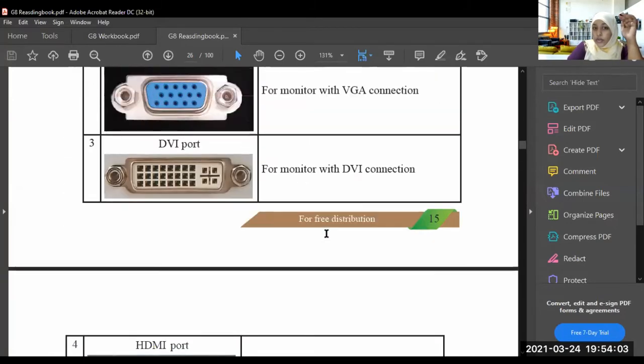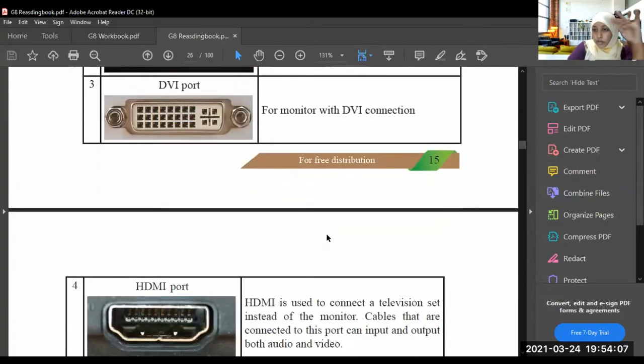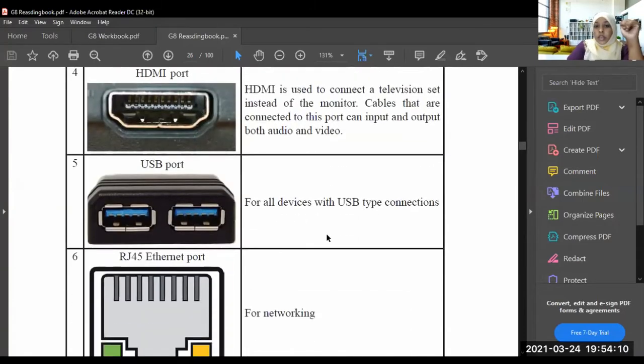Next one. Now understood? VGA port, DVI port, HDMI port. Okay? USB port, everybody knows that. USB ports are used to connect USB type connections. Whatever the device with the USB port, USB connectors are used to connect with the USB port.